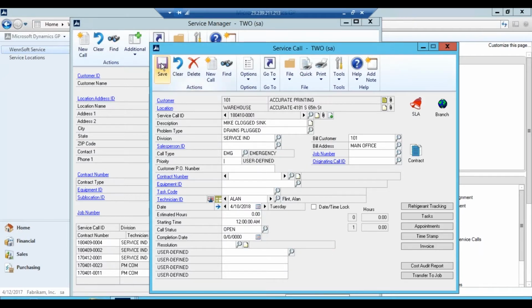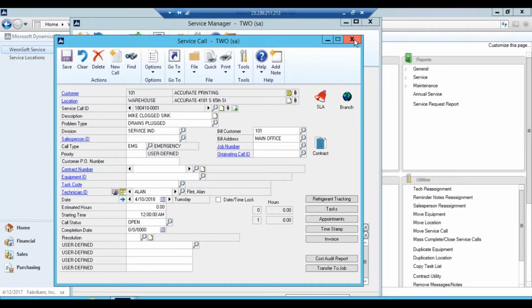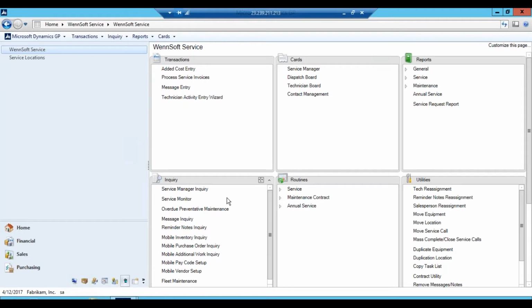And let's go ahead and save that. I want to highlight for you guys how that populates directly back into the customer portal. So again, we're creating a new service call for accurate printing, the warehouse, Mike's clogged the sink, the drain's plugged. We'll go ahead and hit save. While I'm in here, a couple other things I want to go ahead and highlight for you is, let's go